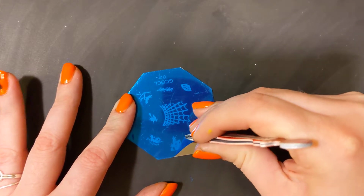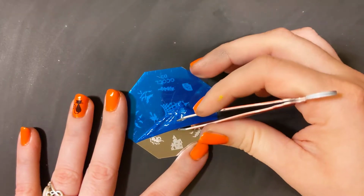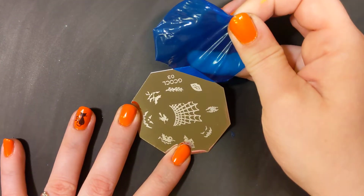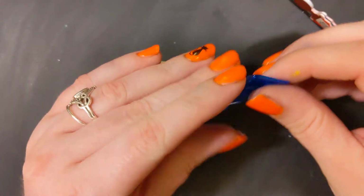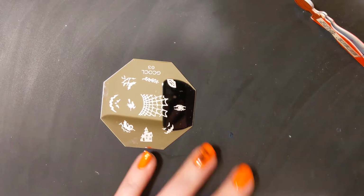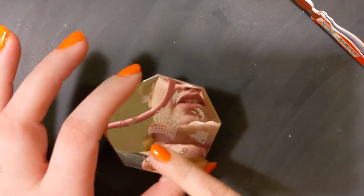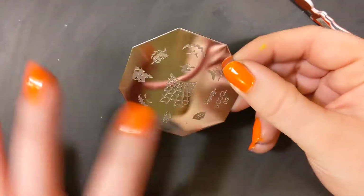The machine is never going to ever be used again and should be burned. But this plate is really awesome. And the real tragedy of this plate is, if I was actually going to use it with the stamping machine, the spider web would not be used because you can't get to the middle of the stamper with that. I don't know. I think I'm going to go